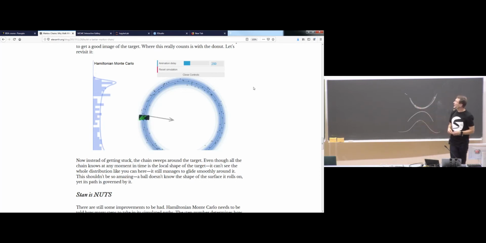But it's not just that. We can see also here, when there are these dependencies, that it can actually travel further away. It's not that it would just want to stay where the highest mass is, but this simulation makes it avoid very low density regions, and it can now travel much further.